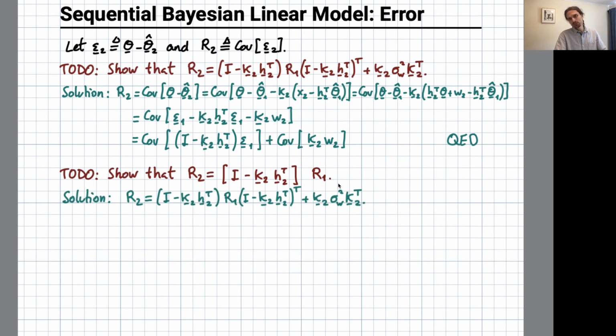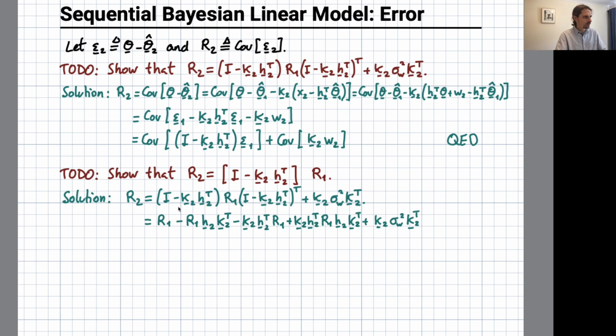Okay, so this one is a little tricky, not because of the math involved, which is very simple, but because it is possible to start going off in random directions. So let's see, we start with the expression here, and now we expand this product, which yields these terms here,